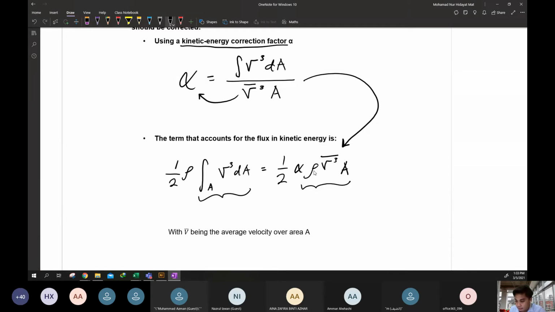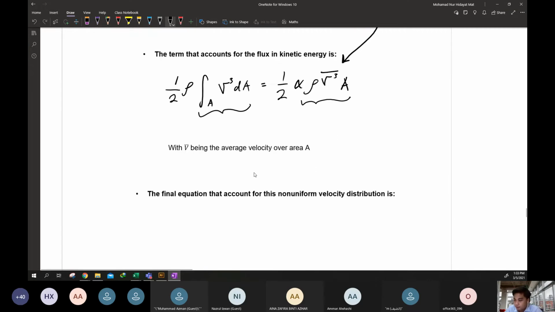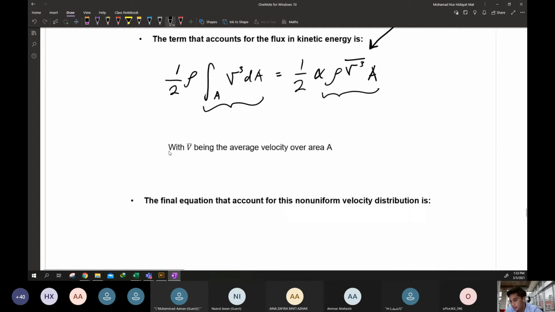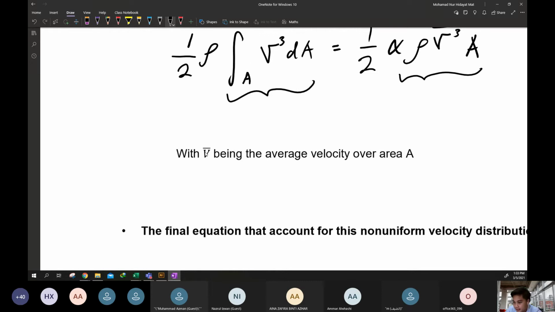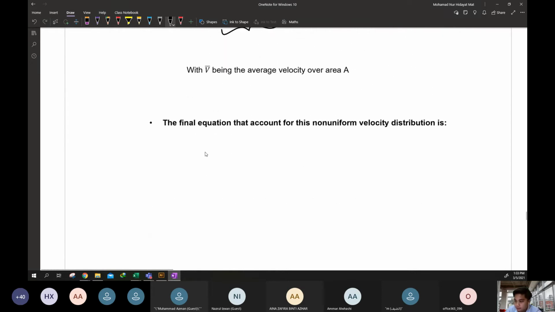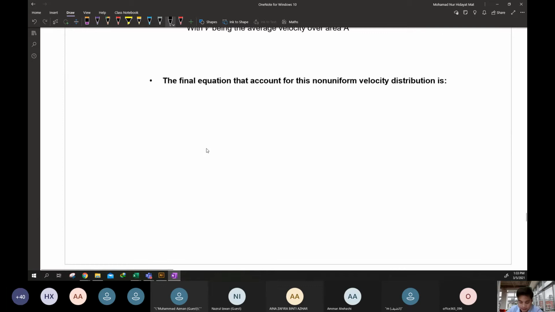That is why we call it a flux. Okay, and 1 over 2 is constant. This is in terms of flux. With V being the average velocity, you can see the V here, the V with the cross line. Therefore, the final equation that accounts for this non-uniform velocity is, remember that previously, this is the previous equation, which is